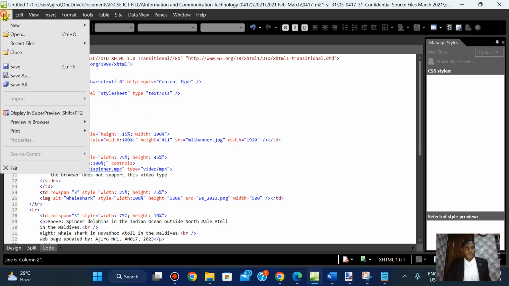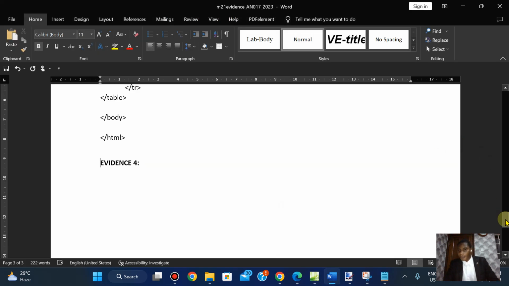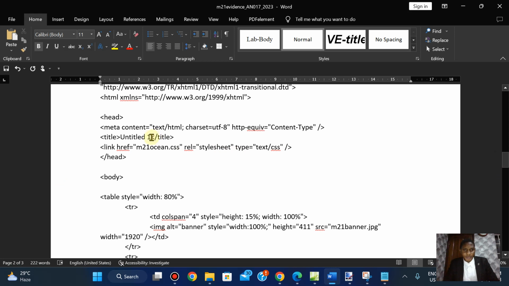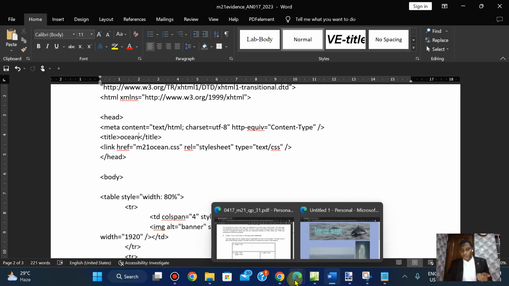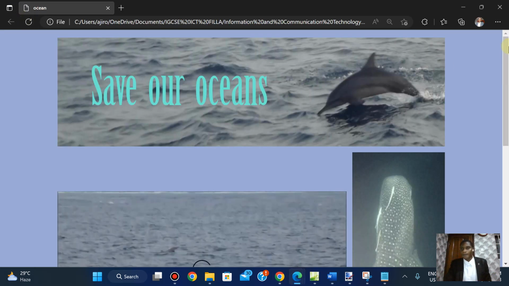Okay, I'm going to save. Now I'm going to go to my code and just quickly go to the title here and do the same thing here. So I'm not taking any screenshot again, or a copy of it, right? And I'm going to click on file, click on save. Then what do I do now? If I right click on this,